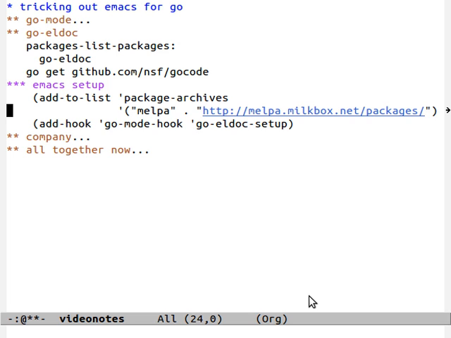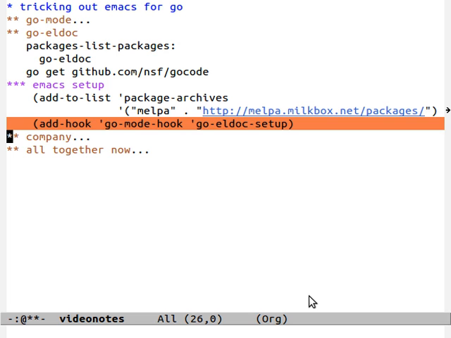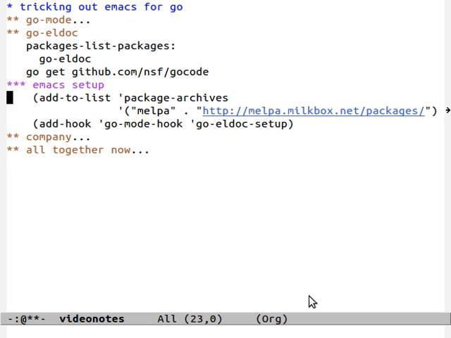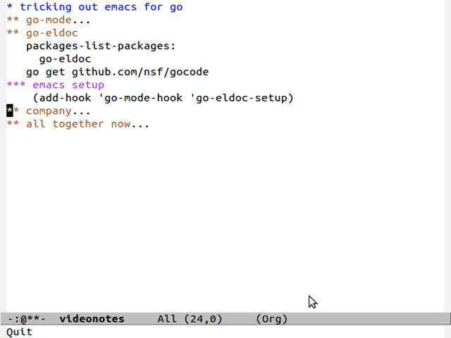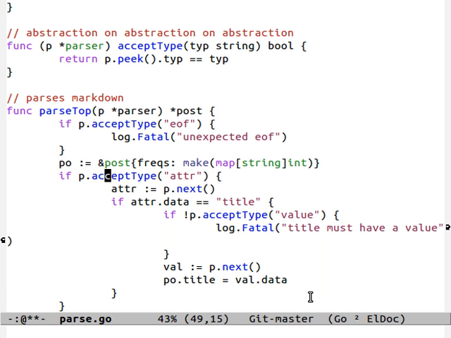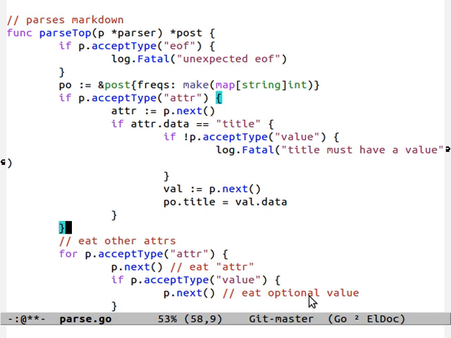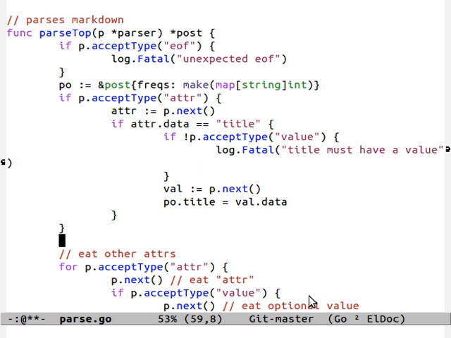And so, the only thing you need to do, you don't need to add Melpa. The only thing you need to do is add this hook. And so when you have this hook enabled, when you start up the thing, you'll have LDoc running. So you do p.accept type, and if you look at the bottom at the minibuffer, it will give you the function